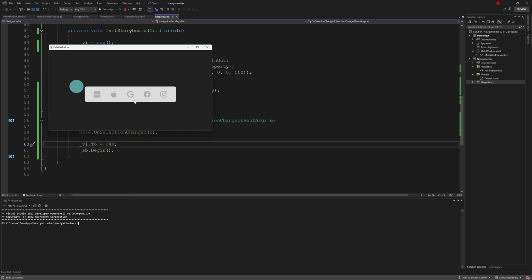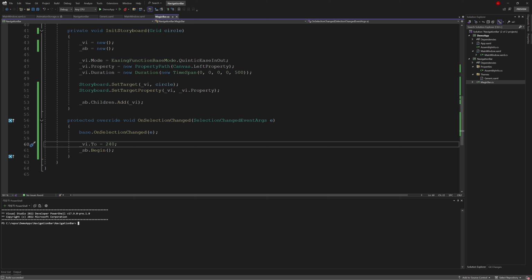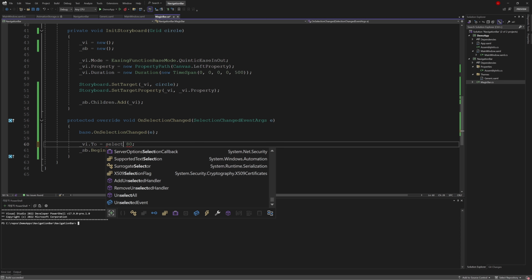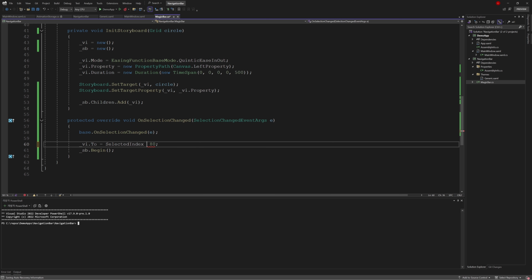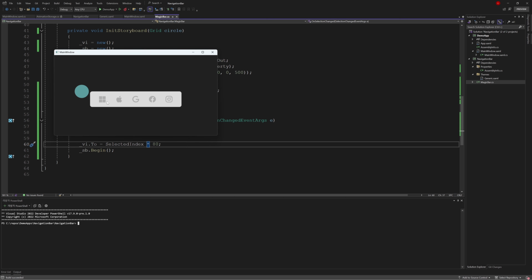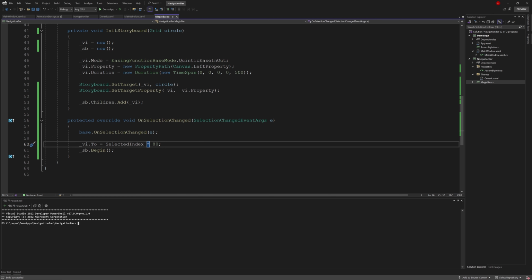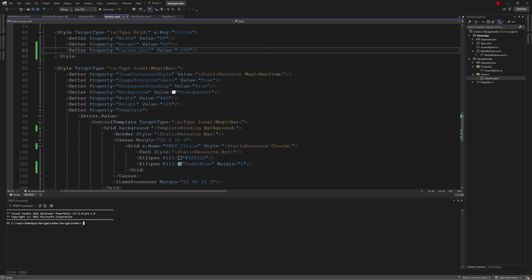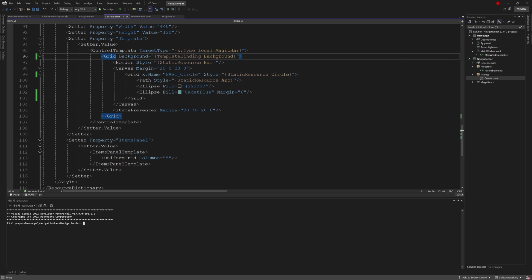But what we want is for it to move to where we click, automatically calculating the moving distance based on our click position. So here we need to use selected index multiplied by 80. This way, it calculates the moving distance based on our click position and achieves the movement. But I want to initially hide this circle, so here we use the clip property again, which can be used to customize the visible area.